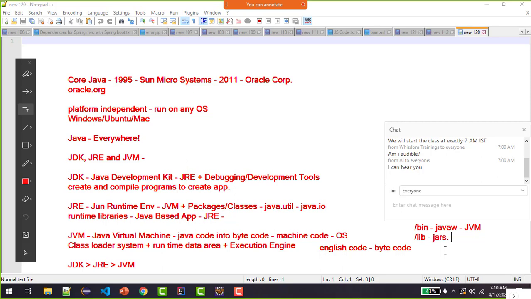For example, rt.jar, which helps us interpret the Java code. And as I said, JVM is just the runtime environment that executes the Java bytecode. So JVM doesn't understand the Java code that we type. We need to compile the .java code to a .class file that basically contains the bytecode, which will ultimately be used by the operating system to run the Java based application.